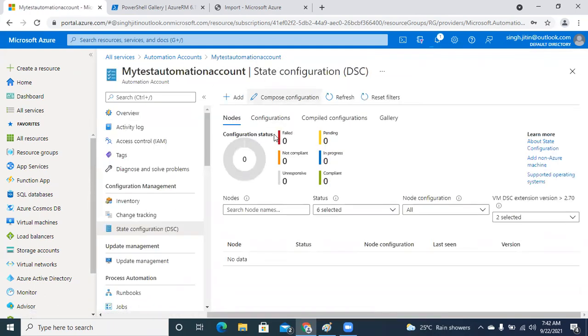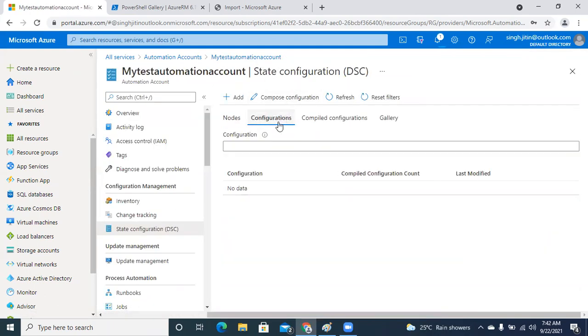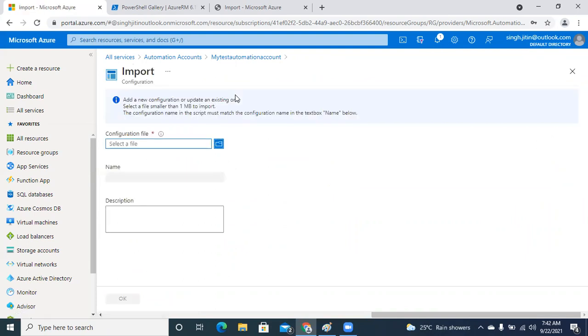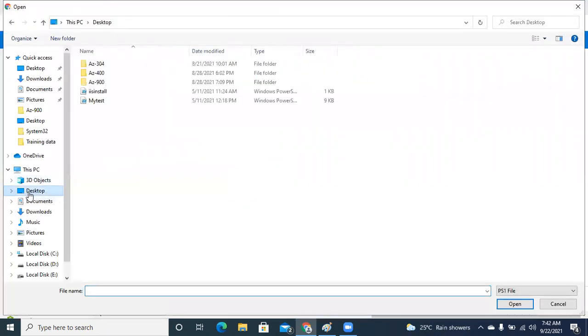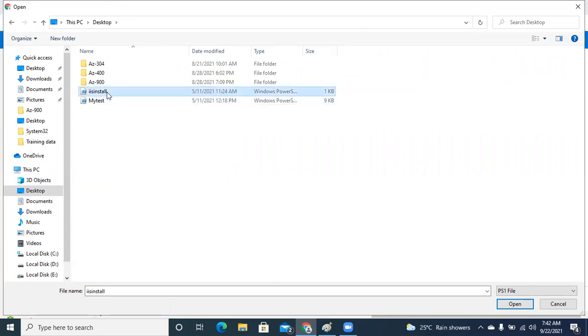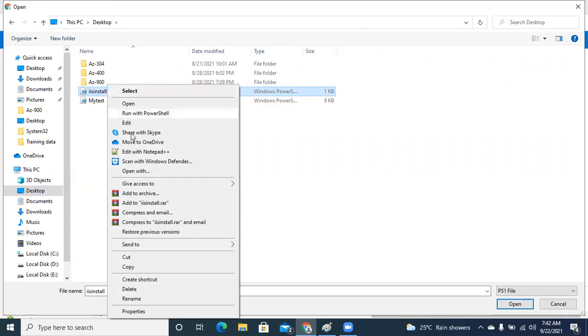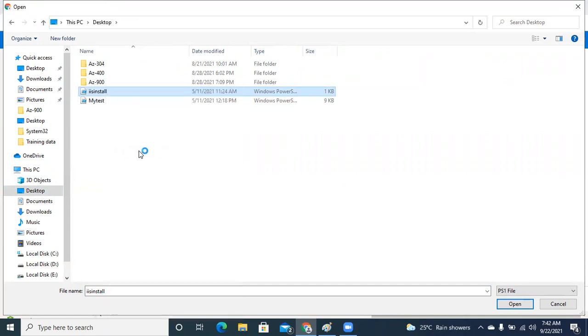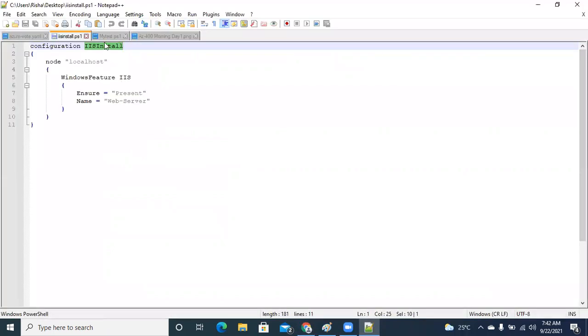What we need to do is use a configuration that I would like to bring. Now, how will the configuration be brought over here? With the help of the script. So I'm going to use the add option and I'm going to bring my file, which I will be using in order to run on this particular resource. So guys, this is my test script which is available. I'm just going to use this install script option. I'm going to open this in Notepad++ in order to show you what exactly I will be using.